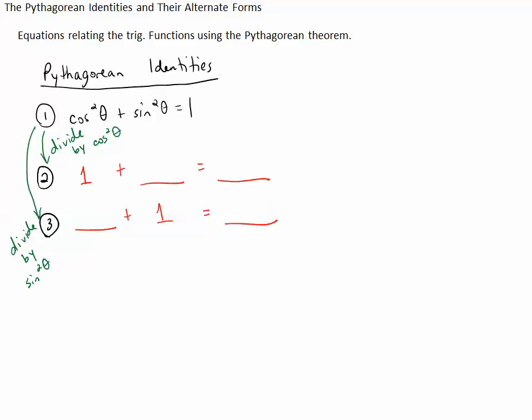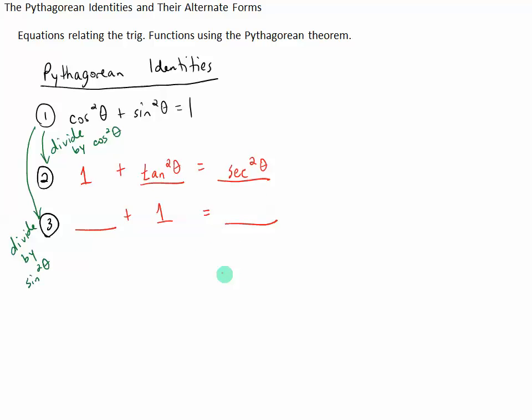So let's do the second one. Cosine squared divided by cosine squared is 1. Sine squared divided by cosine squared, well, sine divided by cosine is tangent, so sine squared divided by cosine squared is tangent squared. 1 divided by cosine squared, well, 1 divided by cosine is secant, so 1 divided by cosine squared is secant